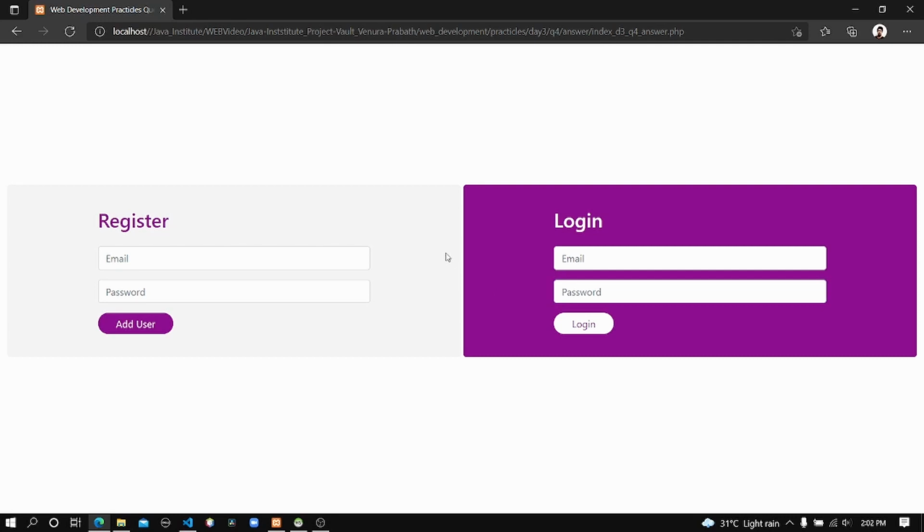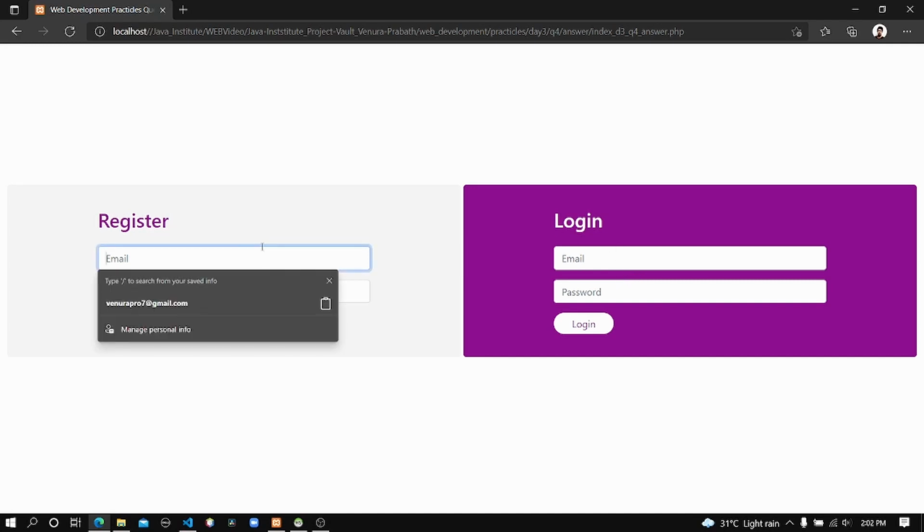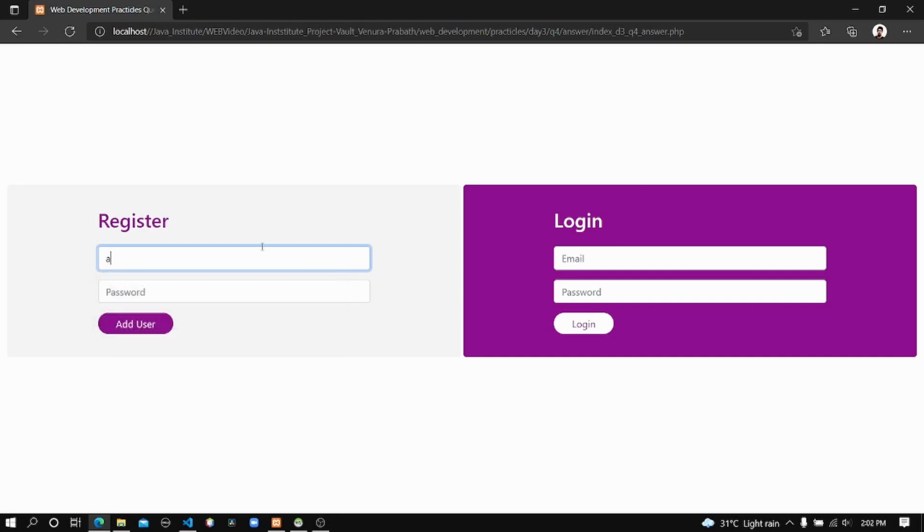Now I'm going to register a new user, and after that we can log in with that user. This is the email and this is the password. Now I'm going to add this user.